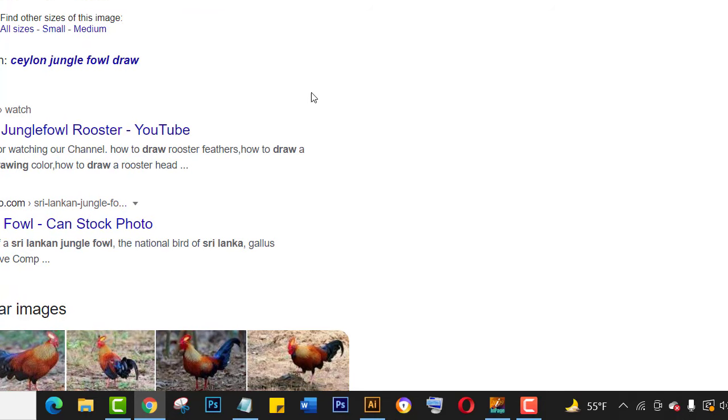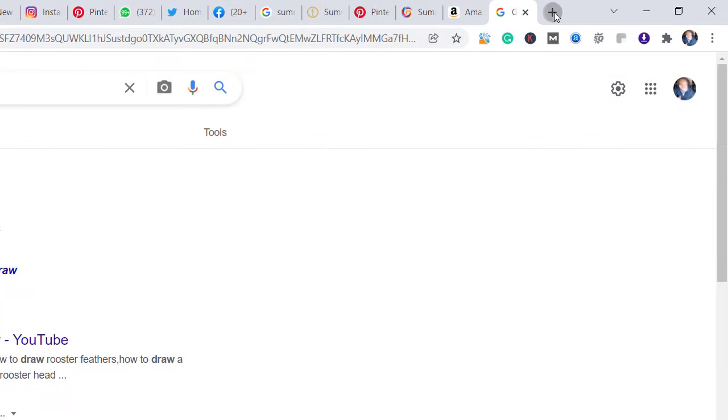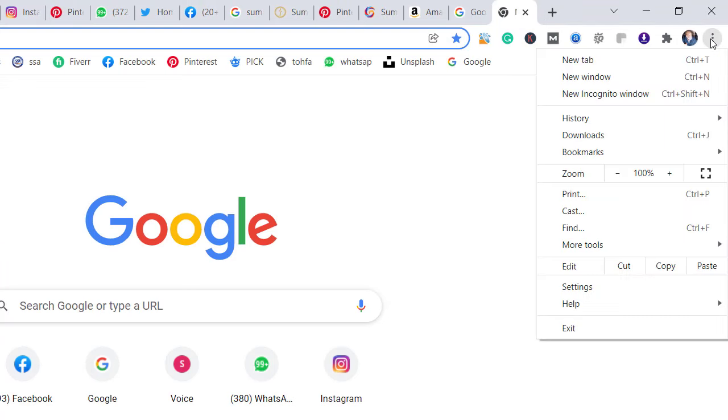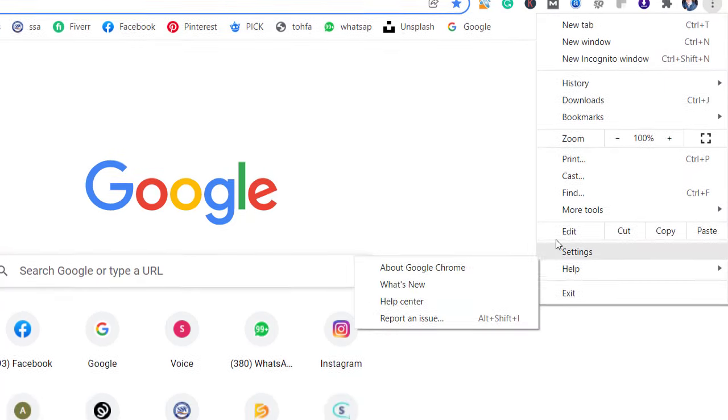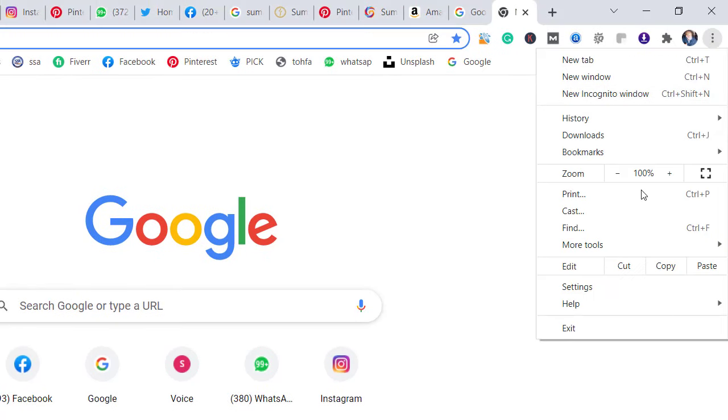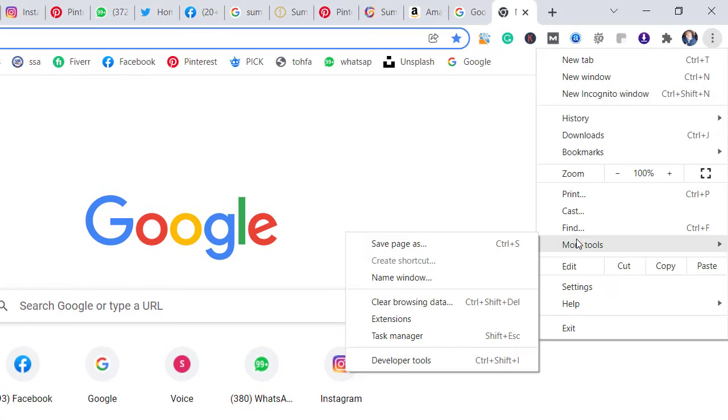After that, now I am talking about how to install this extension. You click here at the very right corner, this bar, then More tools, and then you select Extensions.